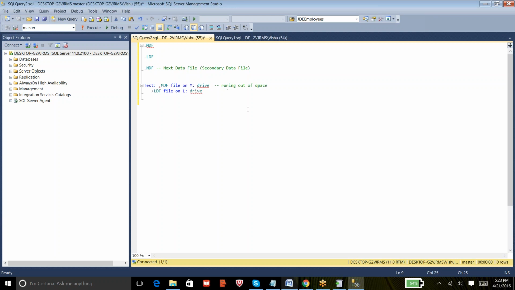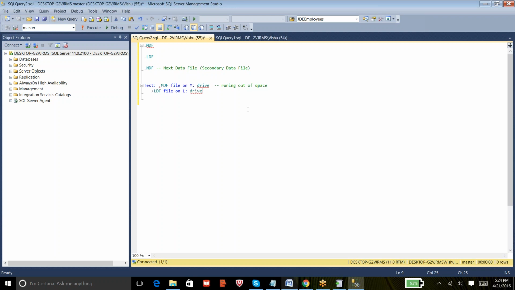As the MDF file is running out of space on the drive, when a user tries to insert new data, the transaction will fail, because there is no more space to expand the MDF file. At some point the database might even go into recovery pending.